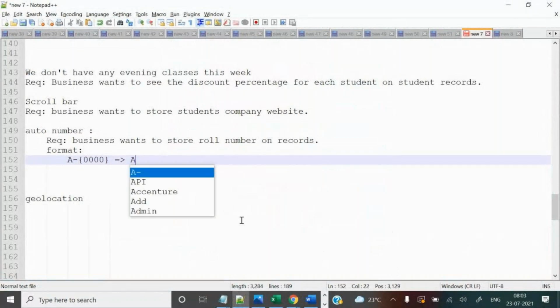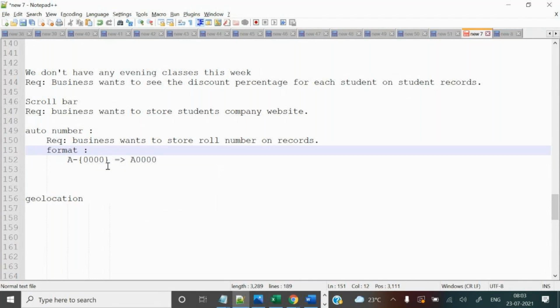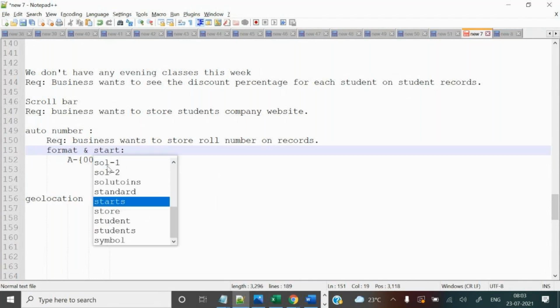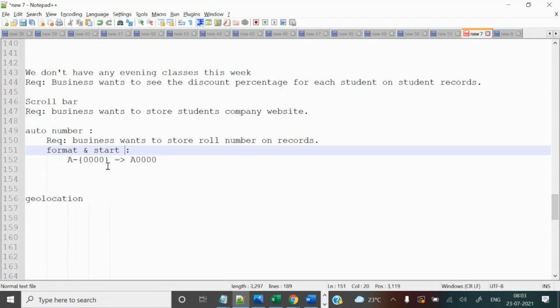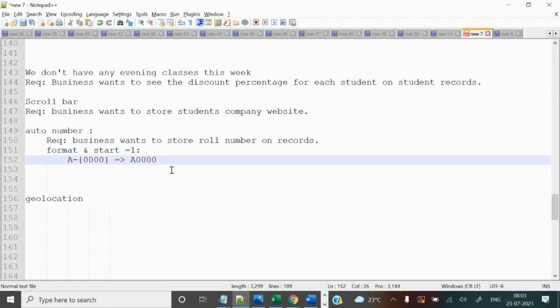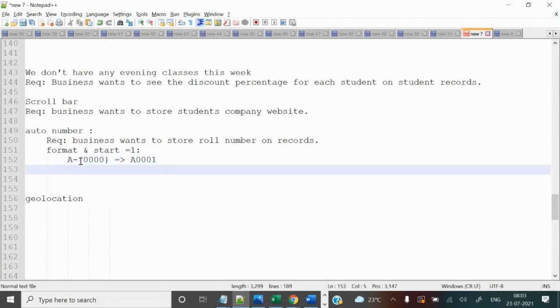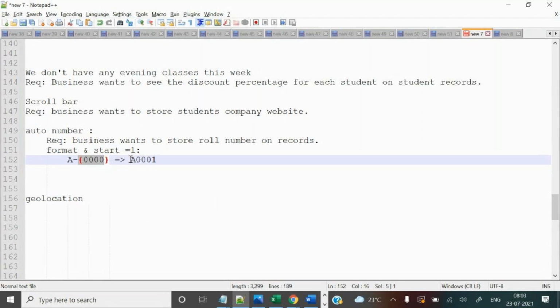If it starts with 0, 0 0 0 0, this is the output. Start equal to 1 means you should start with 1. At the end, in the curly brackets, it will take it as it is. First let me show you. Here it will take 1, and the final output is this one.